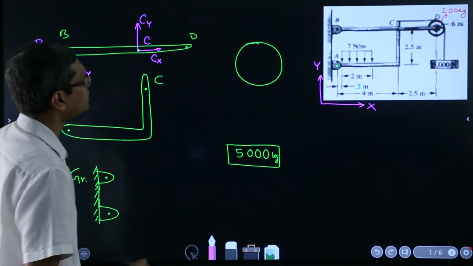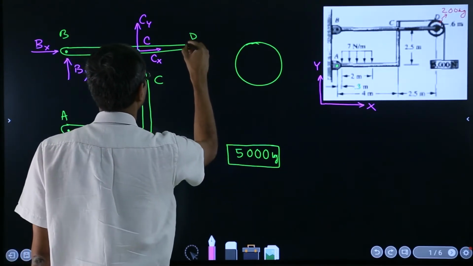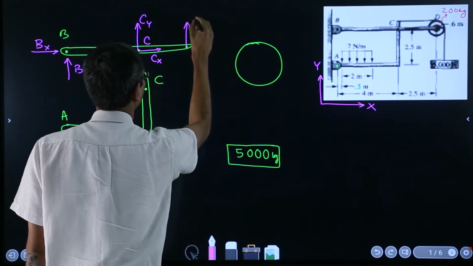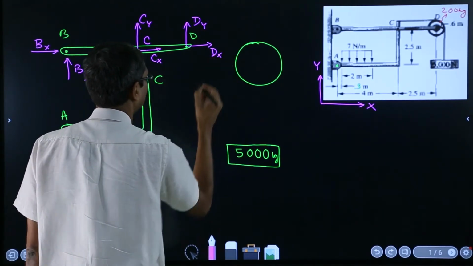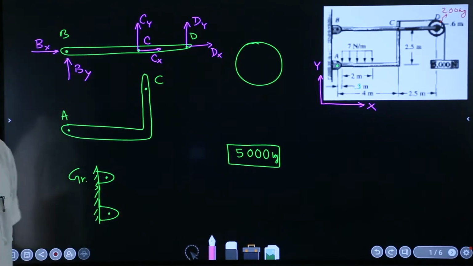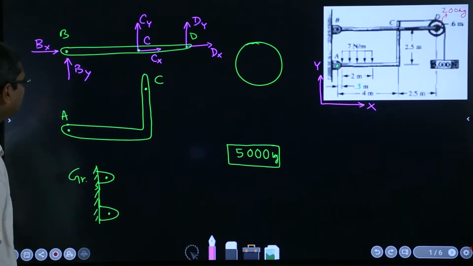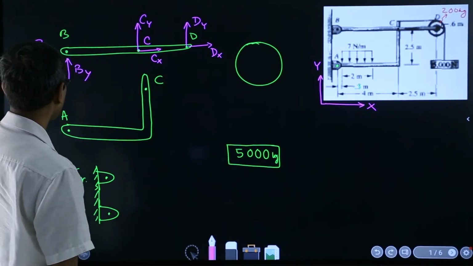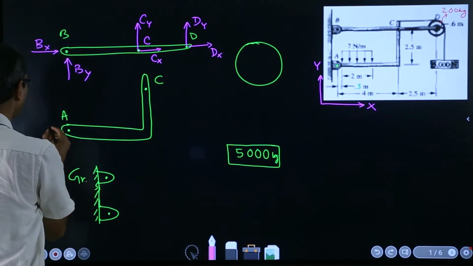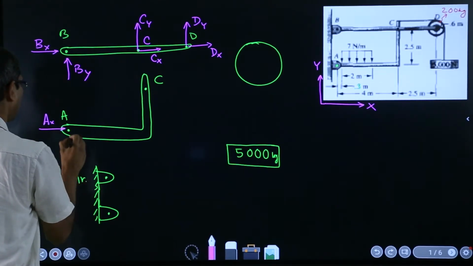Okay. And then similarly, if you ask at D, you will again see that say Dy and Dx are the forces which you should show. So this is a proper free body diagram of that particular body. And now coming to similar work at this point, so again the same thing. At A you should have Ax and Ay,